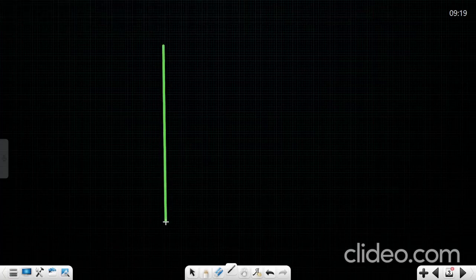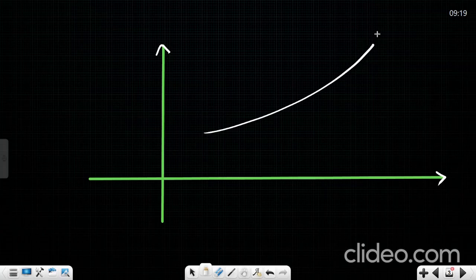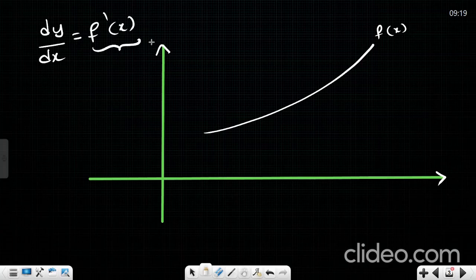Take a graph. So let's have a curve, something f of x. We don't know what that f of x is, but what is given in the question is dy by dx as f dash of x. For example, they will give this as 2x, or they can give it as something like x plus y. That is f dash x. Right now we are not in a mood to calculate f of x, but we are going to approximate the value.